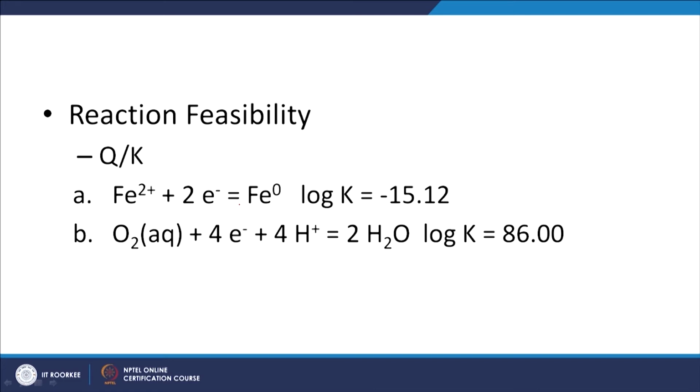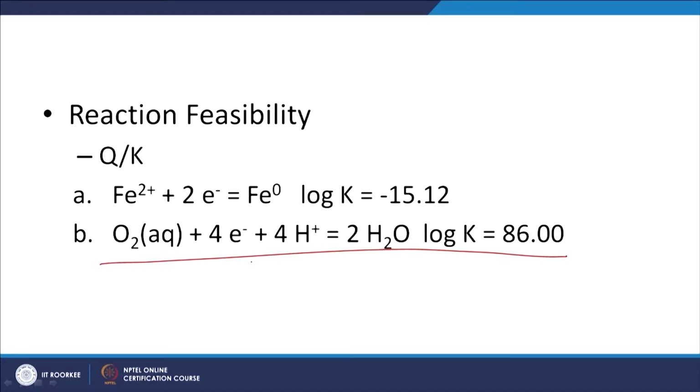So, let us look at that. Obviously now I need to look at the overall reaction. I can look at the overall reaction, but I can't sum them up the way they are. And why is that? First, you will not have electrons being accumulated. So, what do I need to do? I need to swap this particular reaction and also multiply it by 2 times. Why do I need to multiply this reaction by 2 times? Because I need to see to it that the electrons being transferred are the same in both the half reactions.